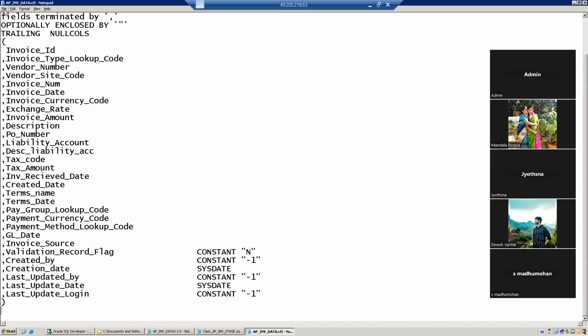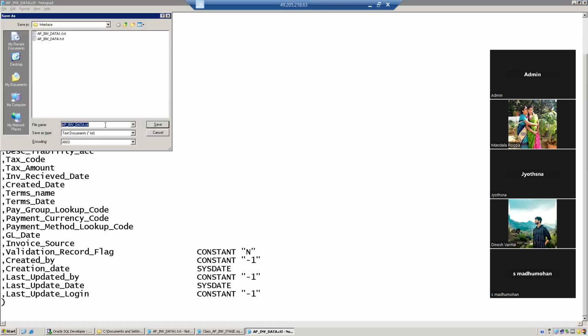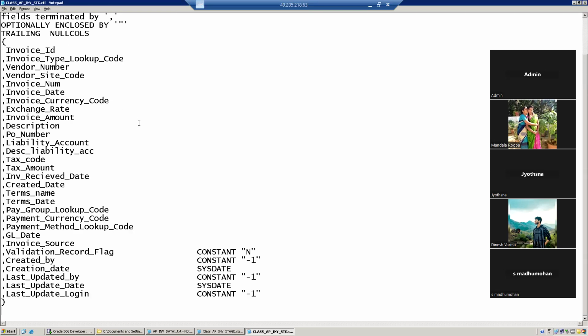Okay. File, Save as. I'm going to give the file name as my CTL file. I'm going to save this file as my CTL file. Just click on save. Okay, so once I save,